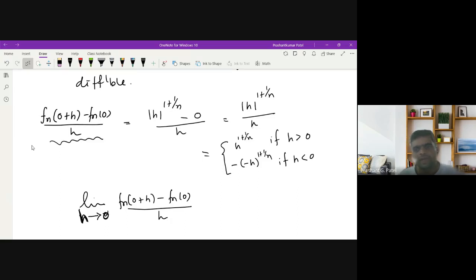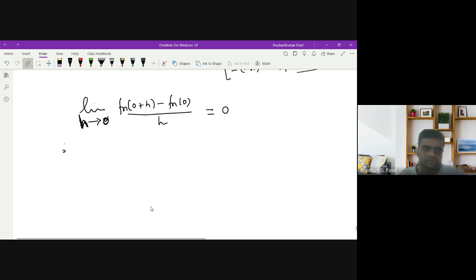If h is positive, there are two ways you can go: with the plus sign, that means the right hand limit gives you 0 answer, and the left hand limit also gives you 0 answer. So the limit of this one is 0,